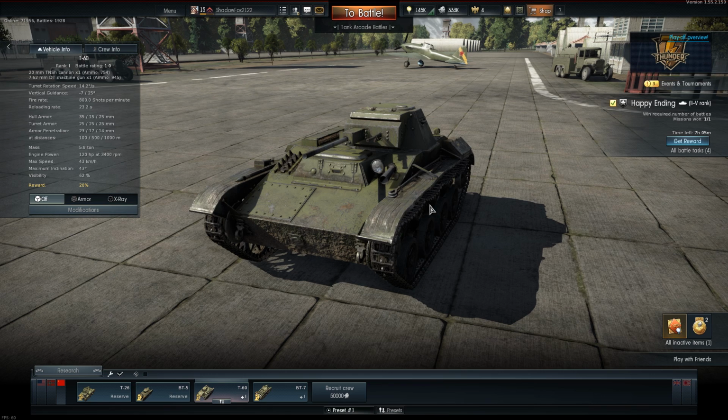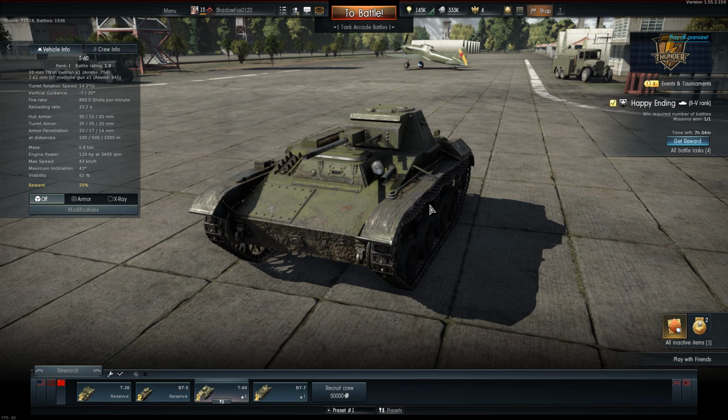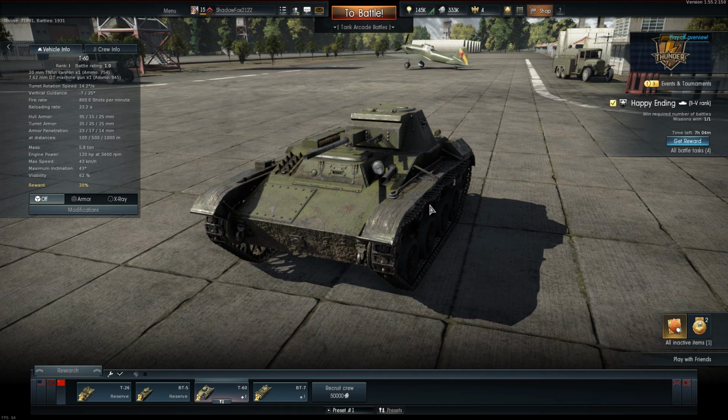So its 20mm cannon is the TNSH cannon. It has 754 rounds, which is a good amount, but you can blow through them pretty quickly. It's also got a standardized 7.62mm DT Russian machine gun. Its turret rotates fairly quickly at 14.2 seconds, not the fastest. It's got 7 degrees of gun depression and 25 degrees of gun elevation. Fire rate 800 shots a minute, which gives it a blistering shooting speed. But its reload time for the magazines is 23.2 seconds. So you're a bit vulnerable when you're not reloaded, but when you are reloaded,